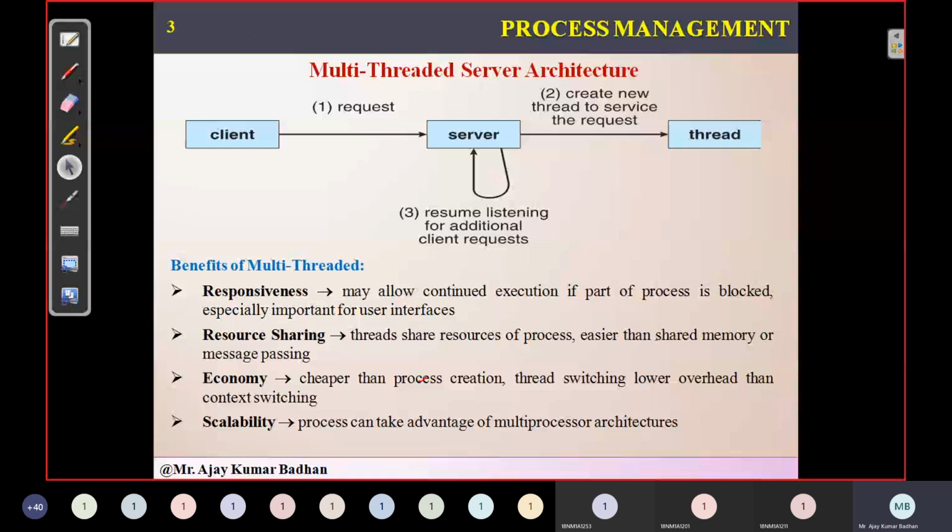This is your client. Client is nothing but, earlier I opened a web browser, so I am the client. I have sent a request. What is the request I have sent? Google.com. Okay, google.co.in I have typed. So I have sent a request to the server. What the server did, the server presented me a page called google.co.in. But before that, the server initiated one thread for this particular request. In earlier, traditional systems, the server would initiate one process, not a thread, and this process would handle my request.